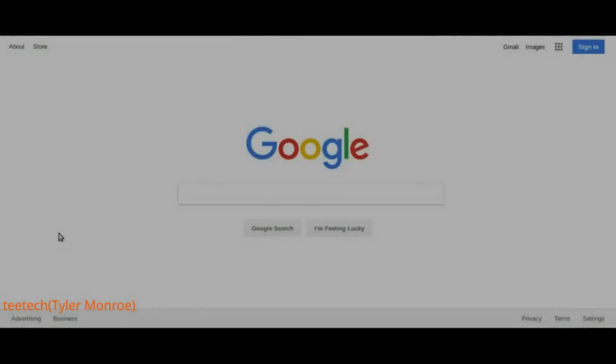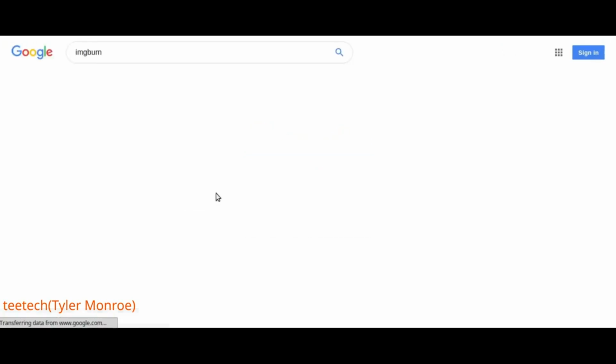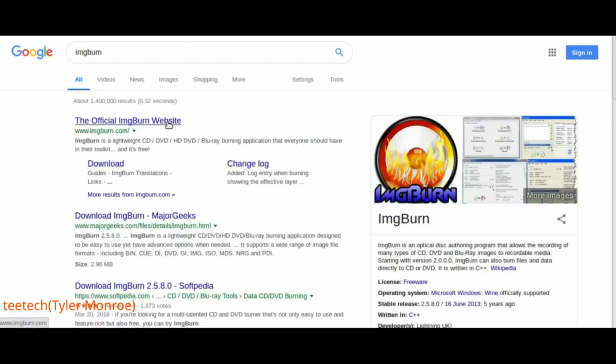Okay, now that we have our install image, we're going to talk about how to make the install image and put it onto media for us. So if we're on Windows and we downloaded the ISO, we're going to type ImgBurn into a search engine and go to the ImgBurn website,